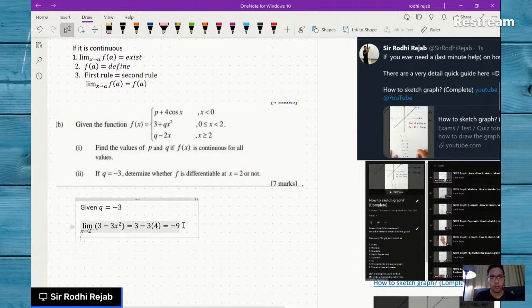We check one more. So limit, maybe just put one more. Got a good hunch it's not going to be equal. So from the right, negative 3 minus 2x. Please make sure my hunch is correct. Negative 3 minus 2 times 2. Yes, I'm right. It's negative 7. So since they are not the same,